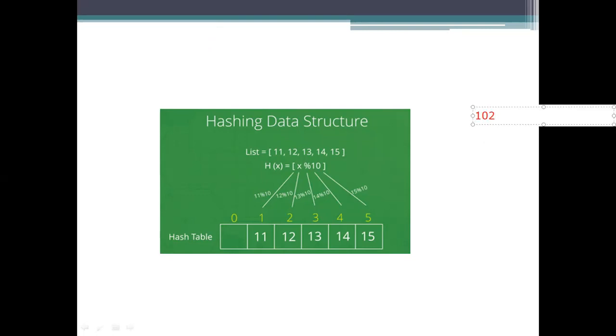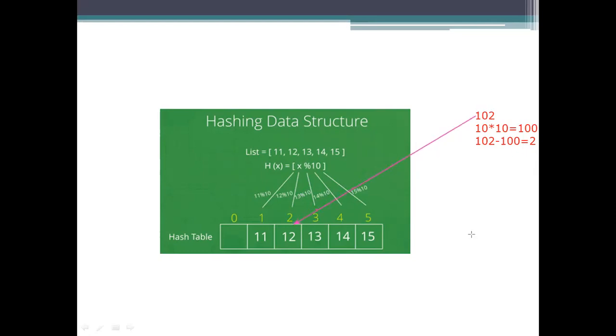It will be divided by 10, which gives 10 times 10 equals 100, and there lies a remainder of 2. So what does it have to do? It has to store this 102 at position 2.